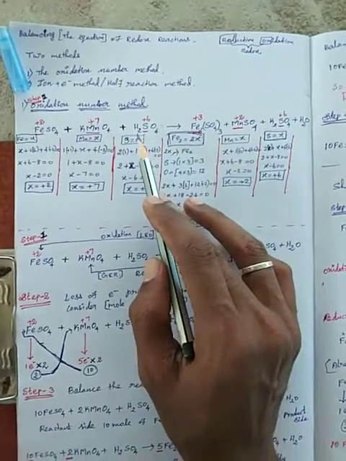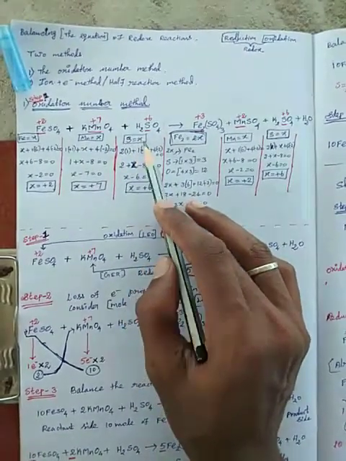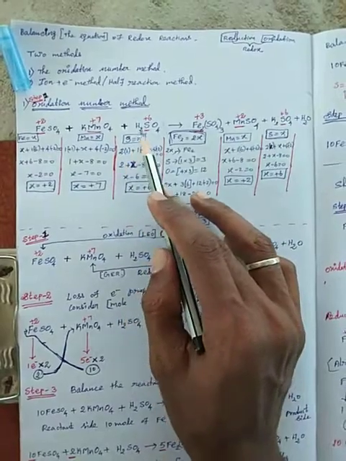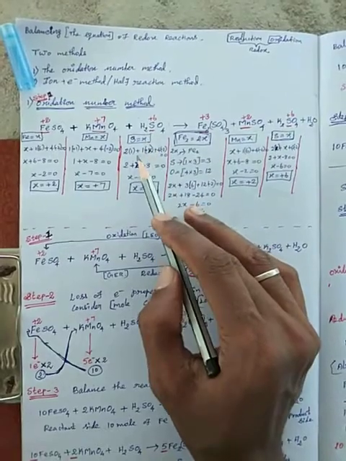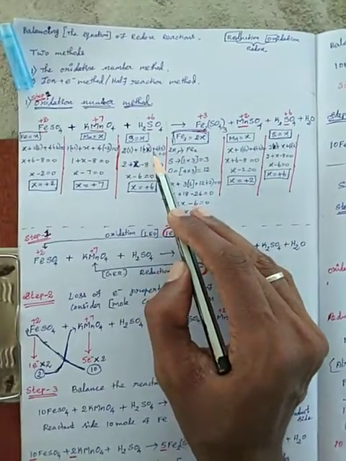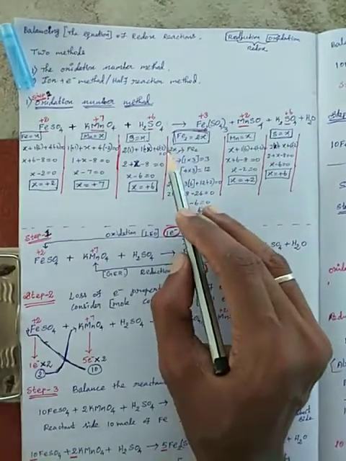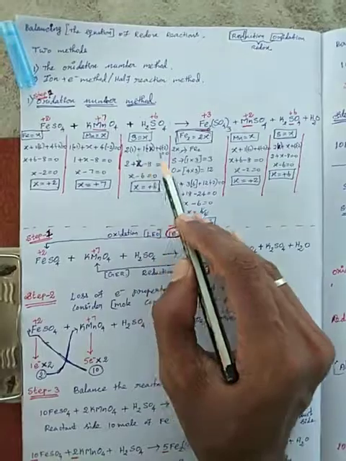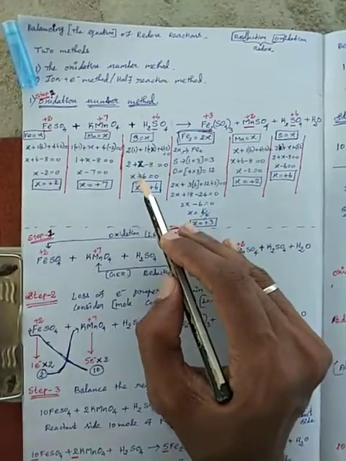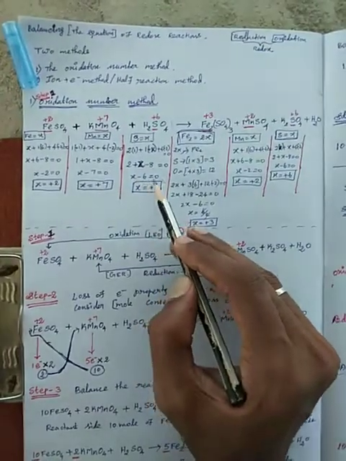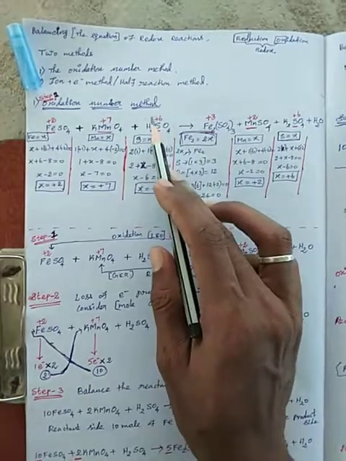Here we already know the hydrogen atom. For sulfuric acid, sulfur is X, 2 times hydrogen oxidation number plus 1, so 2 into plus 1, plus sulfur 1 into X, plus 4 times the oxide atom. The oxide atom oxidation number is minus 2, so 4 into minus 2. Next step: 2 plus X, and 4 twos are minus 8. So X minus 6 equals 0, X equals 6. So the sulfur atom oxidation number is plus 6.